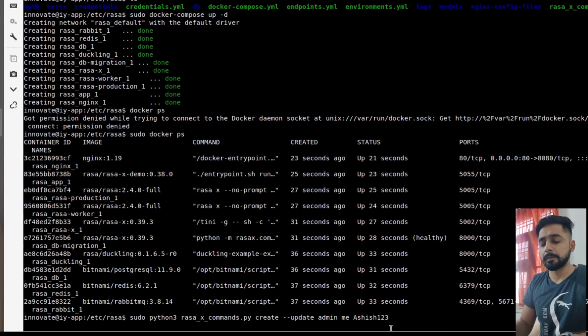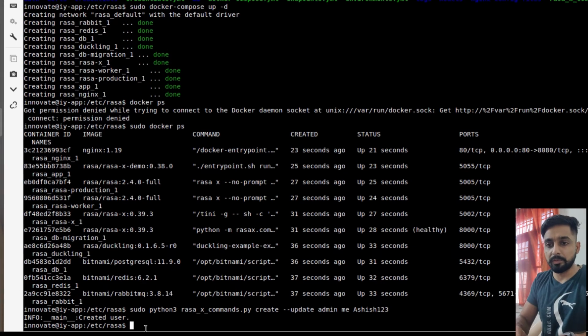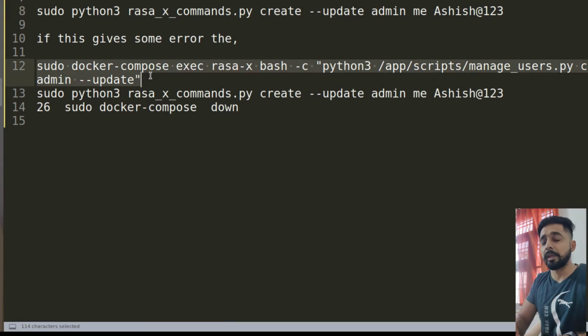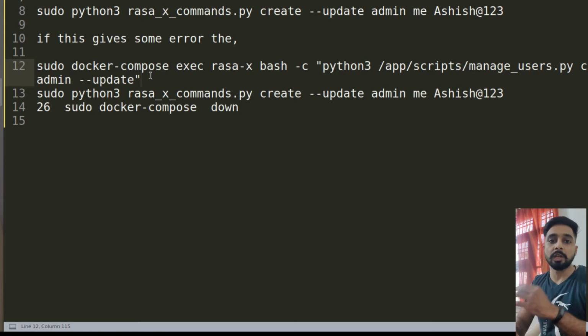Now press enter. Wait for it, it will create an account for you. Can you see "info main created user"? So in this way your user has been created. But if you get any error while creating this, then I have a second command for you, which you have to execute in case you want to create a new user, because sometimes it will give you an error that this user does not exist.